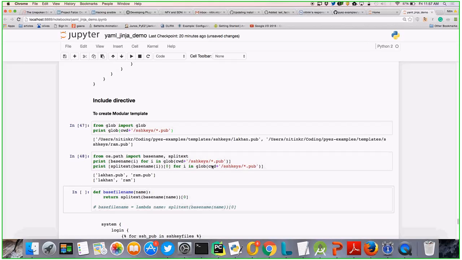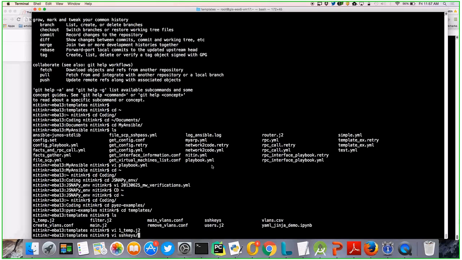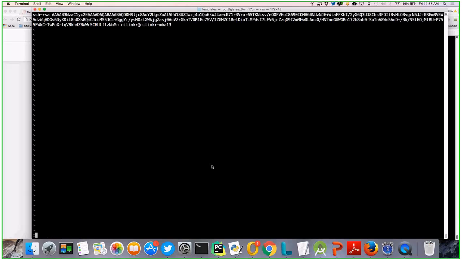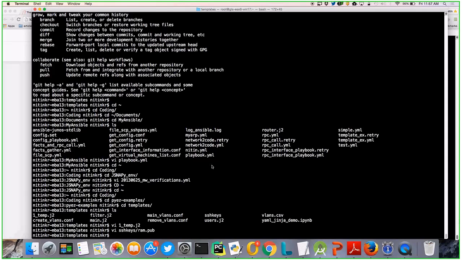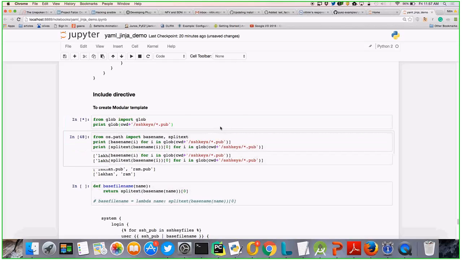And I'm using some Python list comparison. Ignore that. I'm just trying to get this Ram and Lakhan and this public key so that I get the content of that key file. Okay. So if you want to see that file, so this is our SSH key. And similarly, we have for Lakhan. Now if I run this,